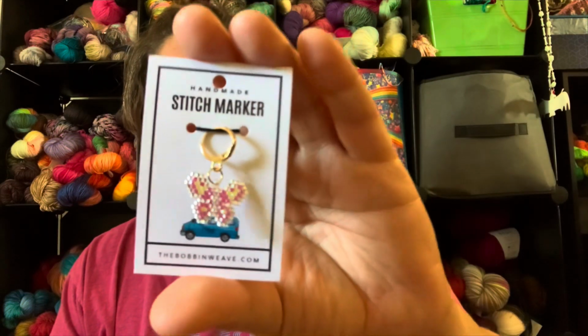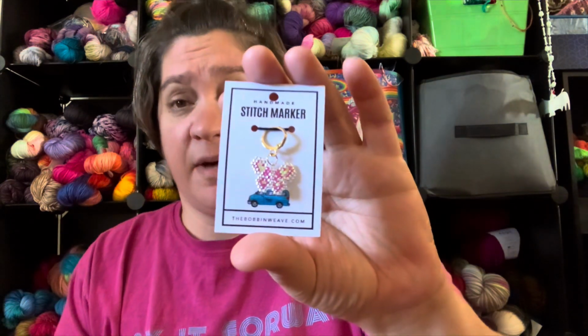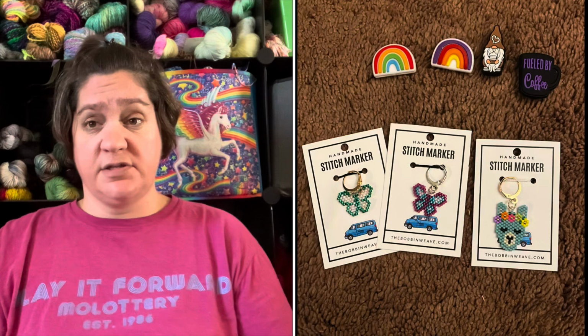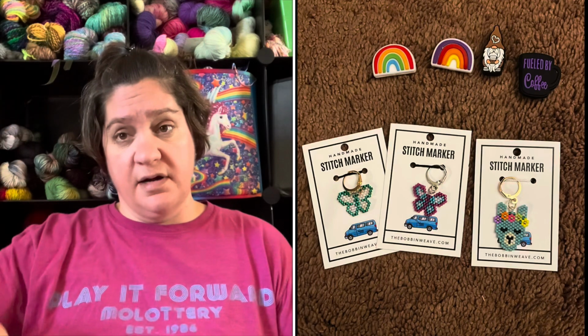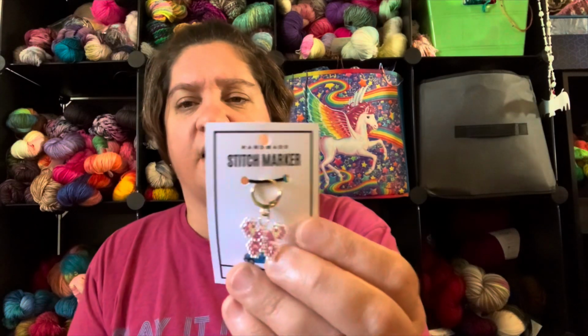It's a little beaded butterfly. Is it gonna focus? There we go. And then I did buy more as gifts for my knitty friends, so I will put a picture right here of some of those gifts. So I got myself a butterfly, and then there was a llama and some other butterflies, but I just love